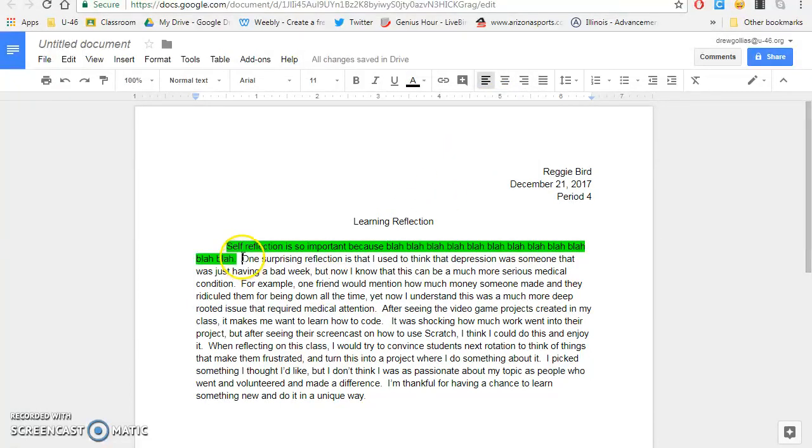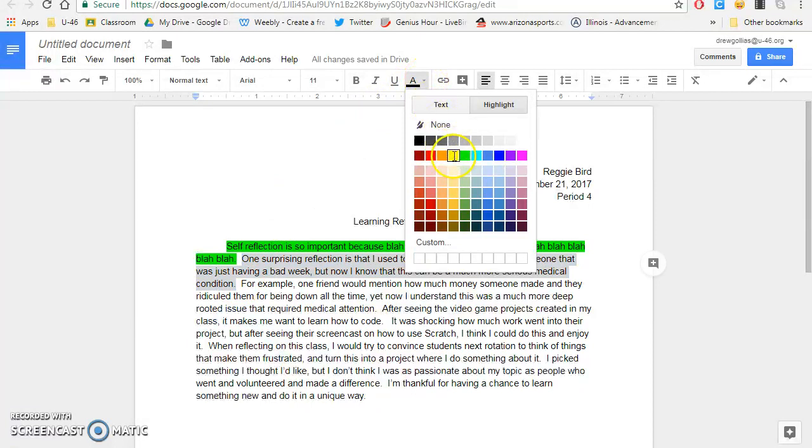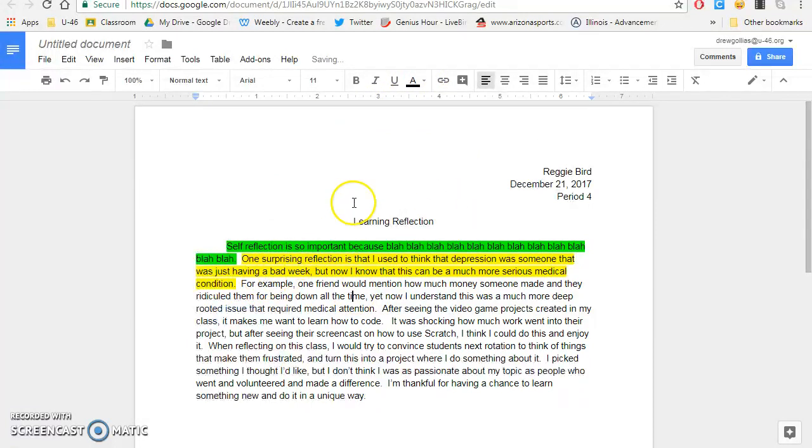And now I'm ready for my first highlight. I put all the way down to here. My first highlight is going to be yellow. And you'll see mine says, one surprising reflection is that I used to think that depression was someone that was just having a bad week, but now I know that this can be a much more serious medical condition. I go on to explain it here,